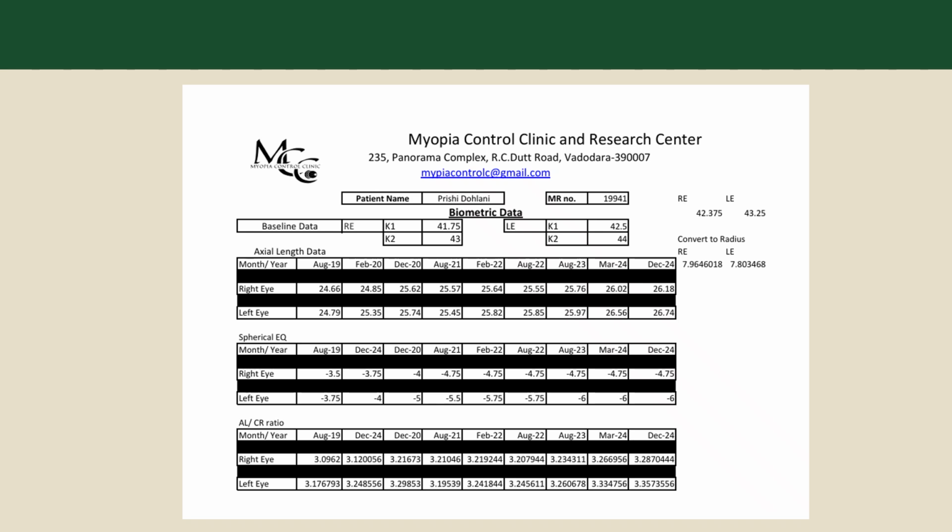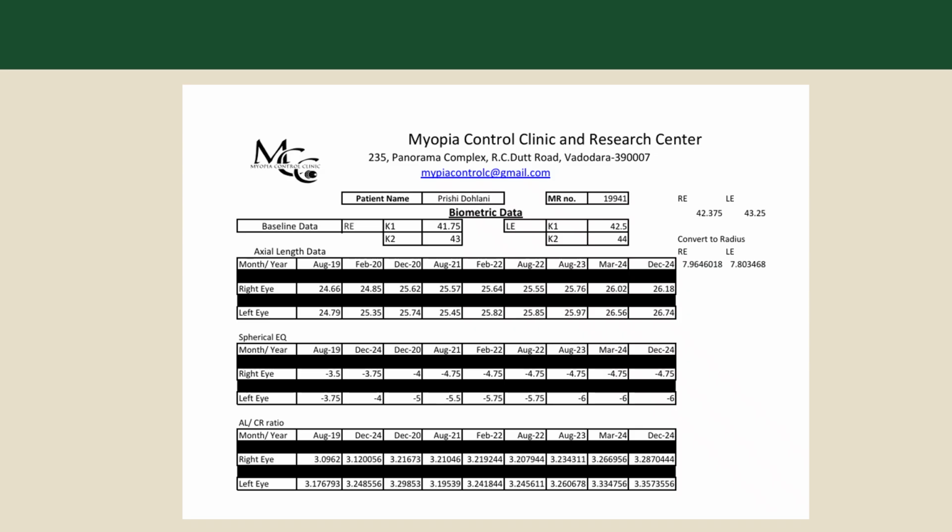And you see their axial length upon CR ratio, it is at 3.1, 3.1 here, and it gradually changes to 3.28. Very small change in axial length upon CR ratio, not a huge change, but nevertheless, you can appreciate that 0.18 change in this eye, and similar in this eye also, same 0.18 has changed. So my point is that if you keep on seeing what is happening, patient has remained stable in right eye,